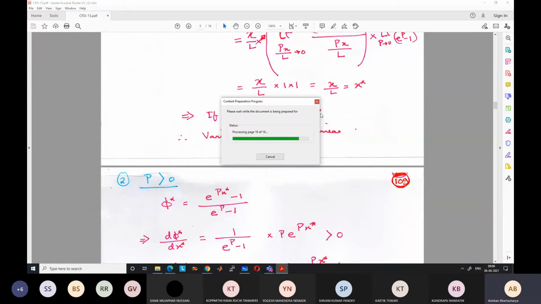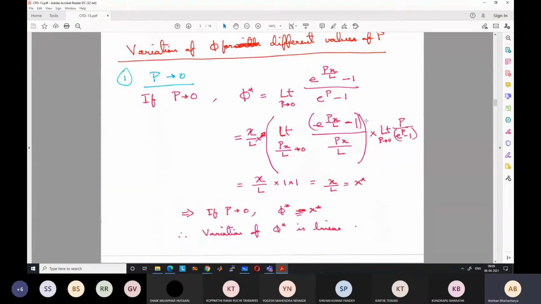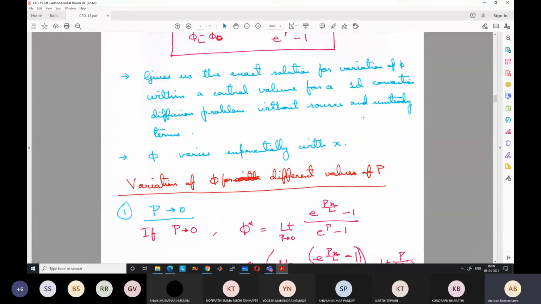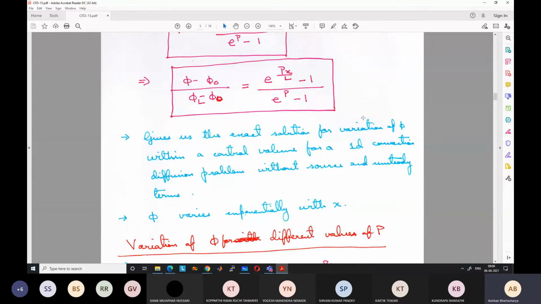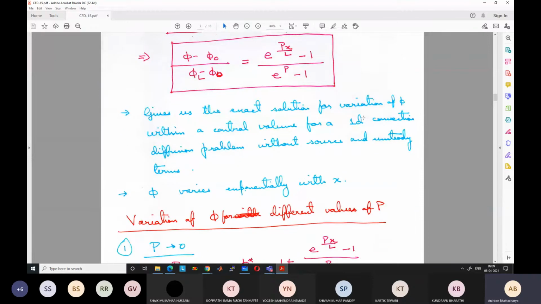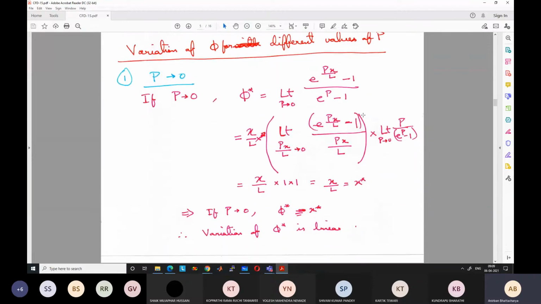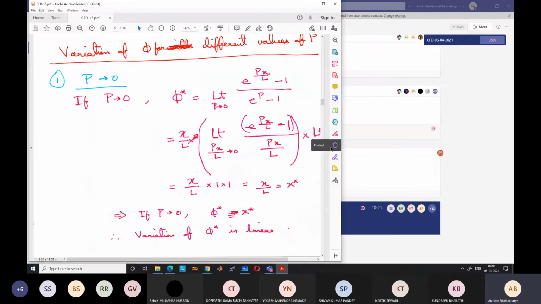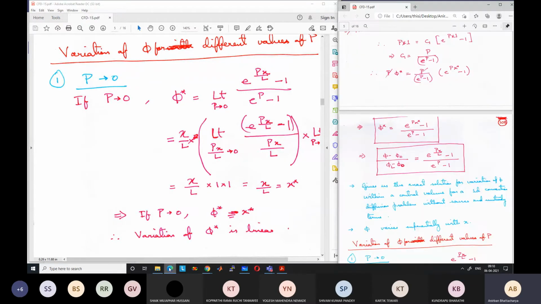I hope everything is clear. The notes are also uploaded in the portal, so you can go through them to try to understand this. These are also there in the book by Patankar, so you can go through that book. It is there in a similar form. It's a very concise and to the point book, so not much description is there, but all the important material is still there.